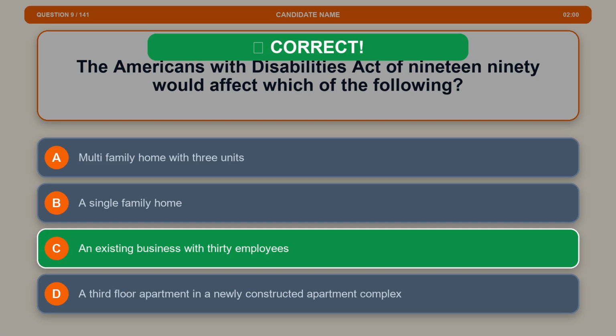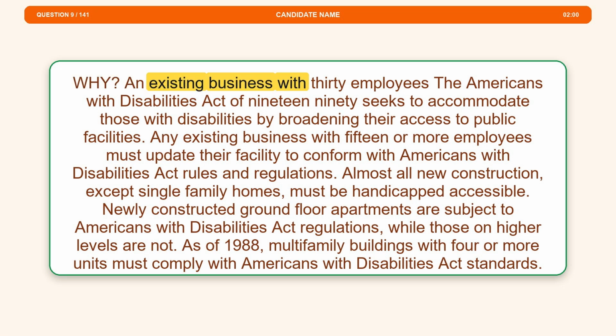The correct answer is option C. An existing business with 30 employees. The Americans with Disabilities Act of 1990 seeks to accommodate those with disabilities by broadening their access to public facilities. Any existing business with 50 or more employees must update their facility to conform with Americans with Disabilities Act rules